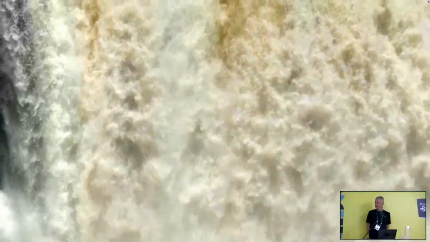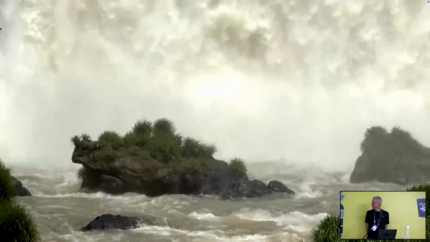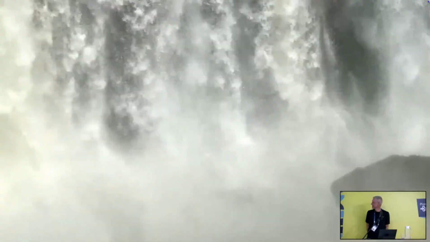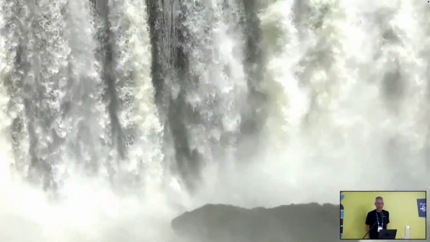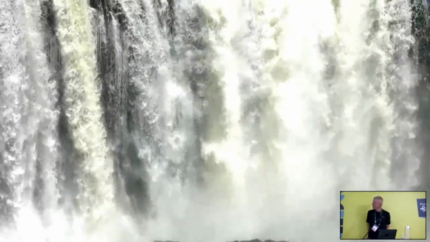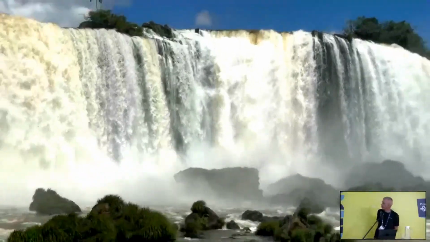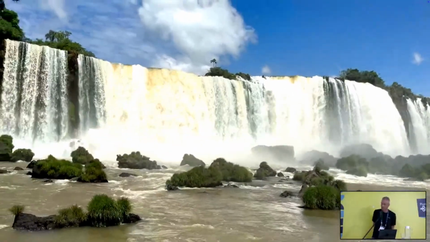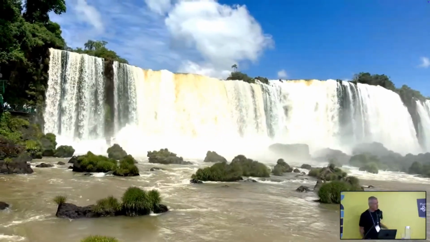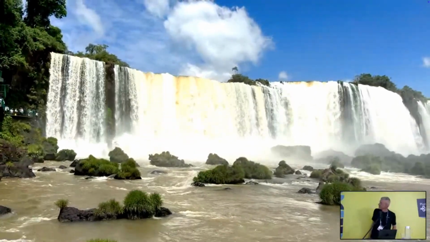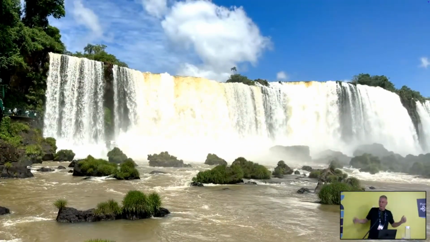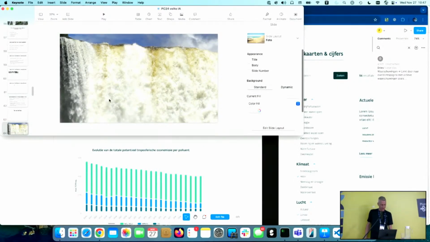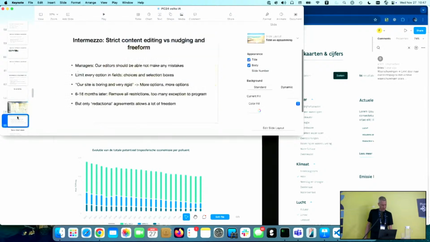Where's my audio? There's a lot of audio here. This is the Brazilian side. An Argentinian asked me yesterday, I shall not name who, maybe we don't have that many Argentinians, which side do you like better? And I said, I like the Brazilian side better because then you see the Argentinian side. But this is totally on the left of those 2.5, 3 kilometers waterfall. And you can walk in front of them. It's really, really, really impressive.